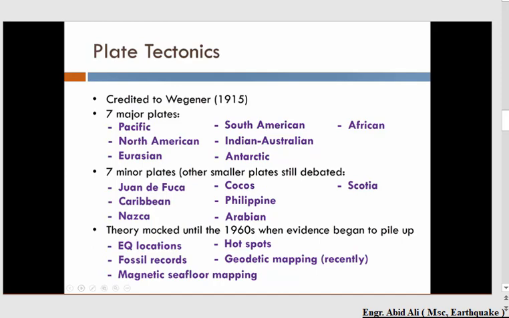that we have seven we call major plates. These are very large tectonic plates, and the seven plates are the Pacific plate, the North American plate, the Eurasian plate, the South American plate, the Indian plate, the Antarctic plate, and the African plate. So let's just take a pause in the lecture and go ahead and write these down in your notes, okay?